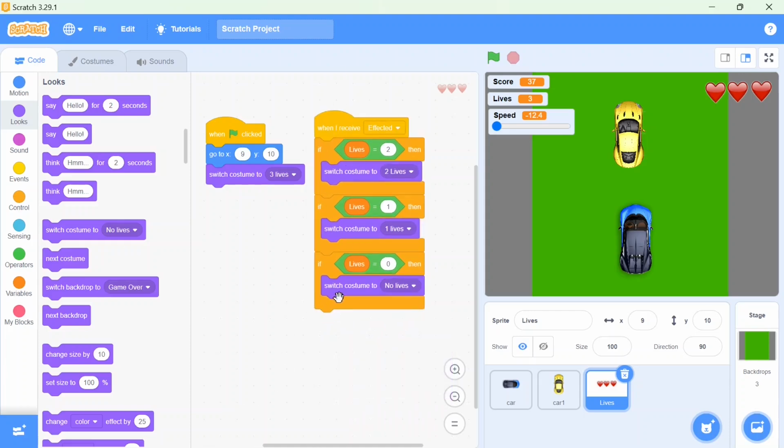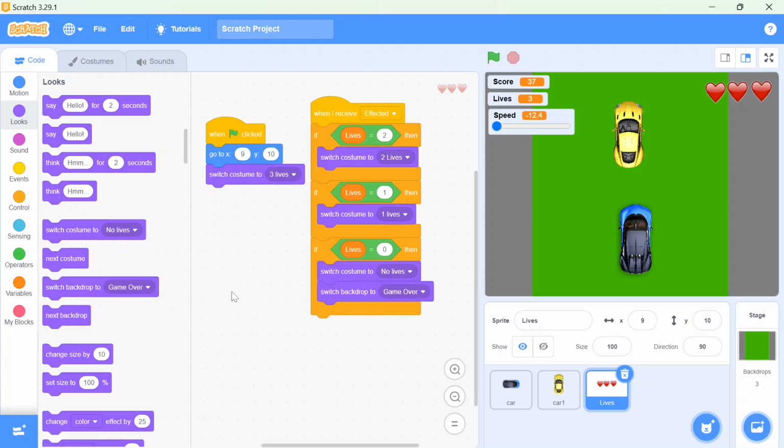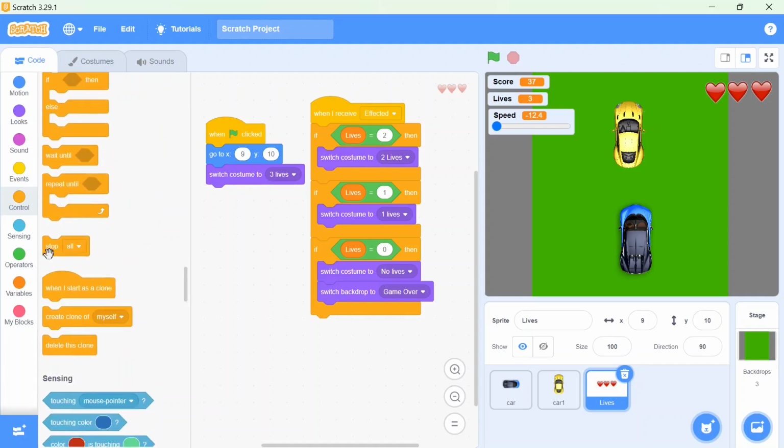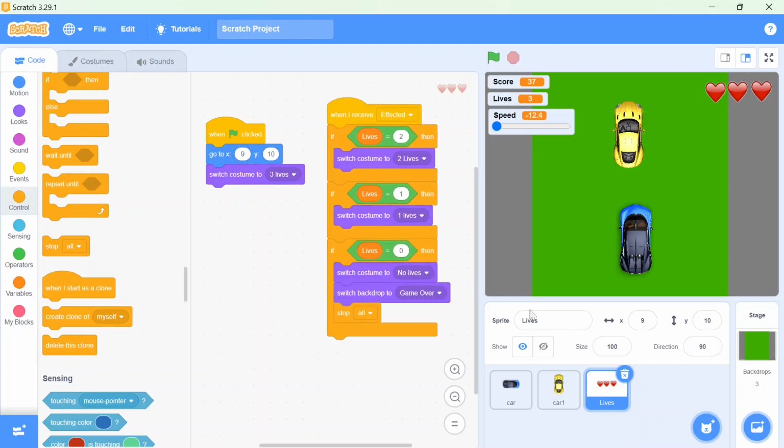And if there is no life, which background should it become? Background is also going to switch, that is game over. Isn't it interesting? And if the game is over, what should happen? Everything should be stopped. For that, I'm going to use the control block, and here I'm going to use stop all. These are the simple conditions belonging to the heart.